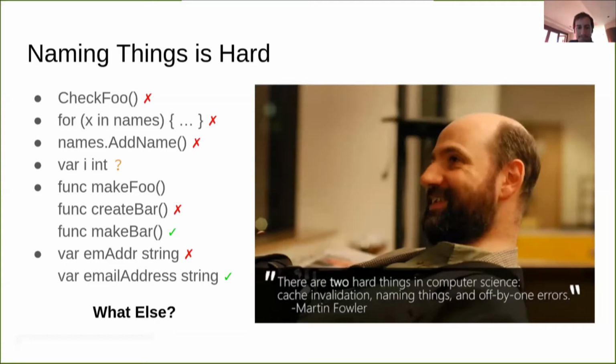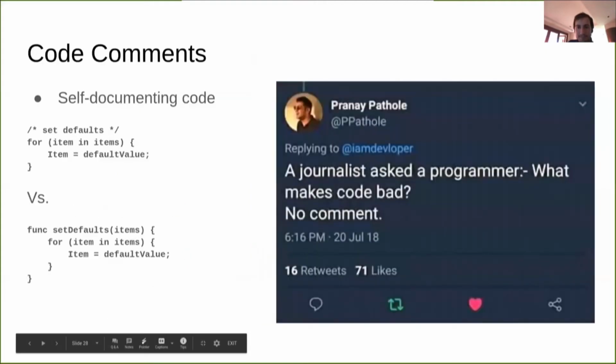There's of course a lot more we could talk about naming. I mean, we just talked about variables and functions here. You can also talk about package names and class names and all this stuff. I trust that you guys can apply common sense to that and challenge each other if you see some WTF names. All right, code comments.